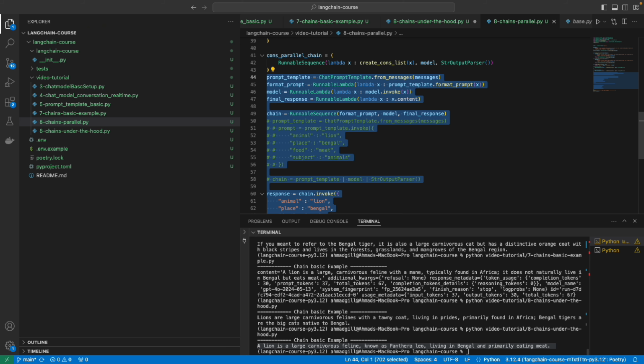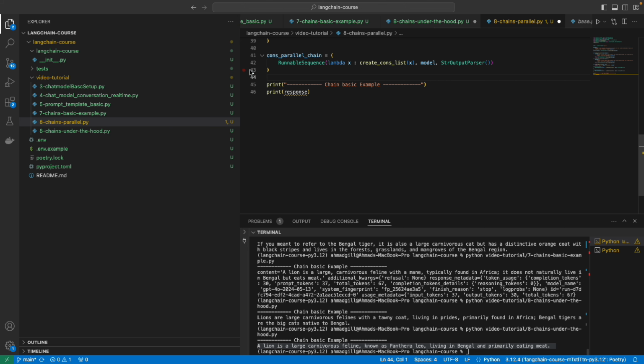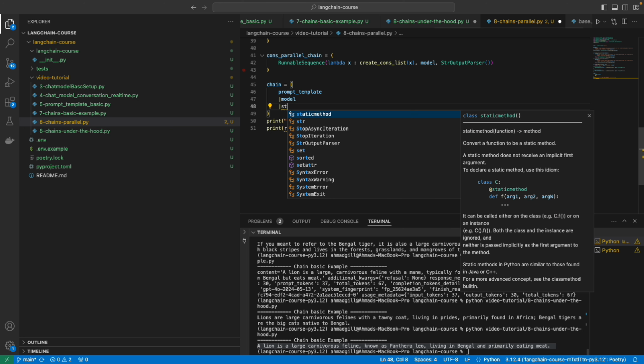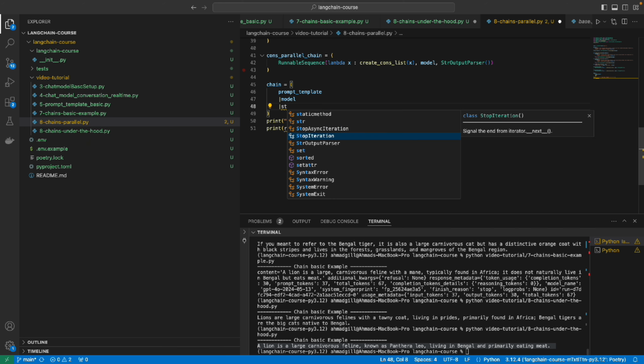So yeah, I have this one till here, and I am going to define my chain. The first step of my chain would be the prompt template. The second thing would be the model, and the next step would be the parser, StrOutputParser,